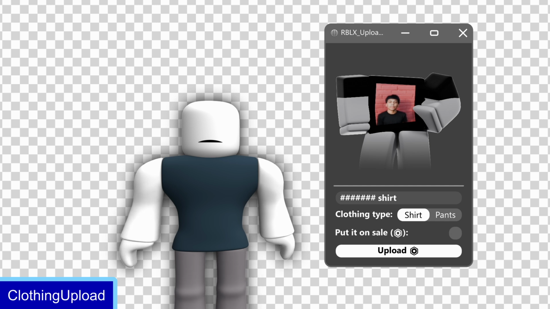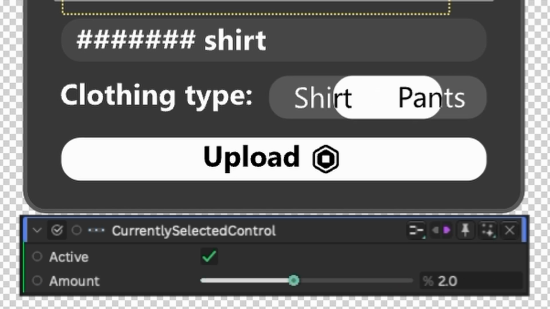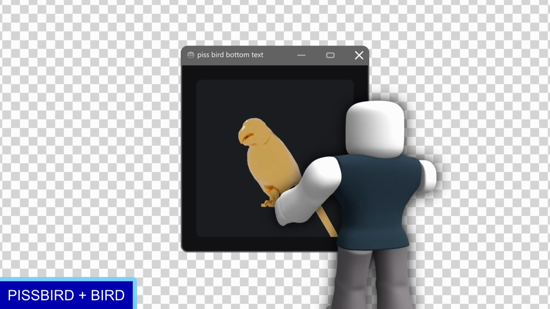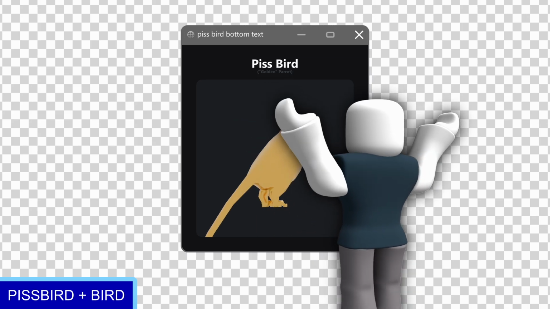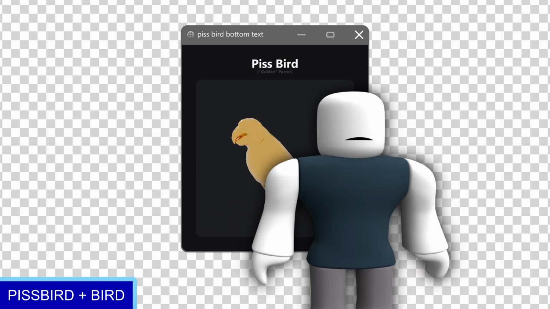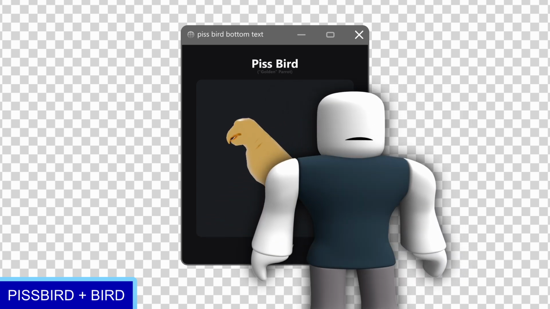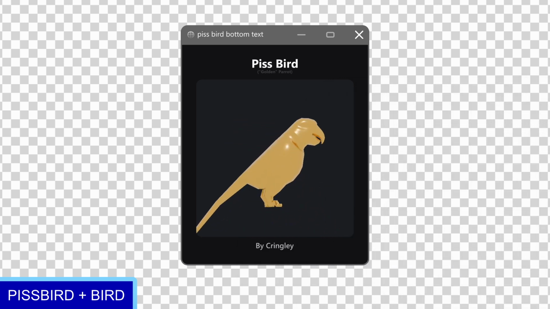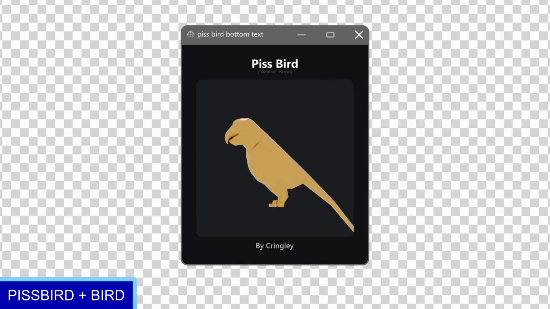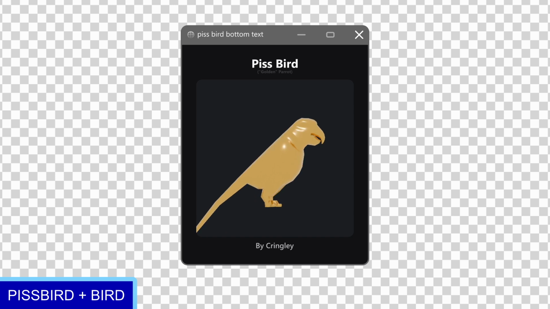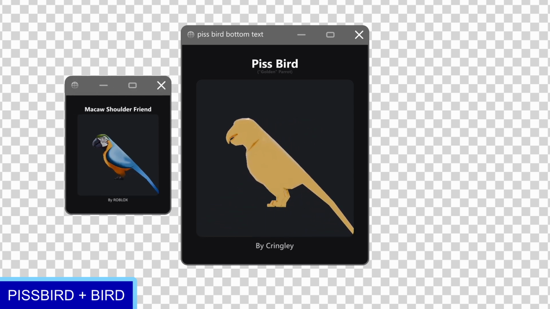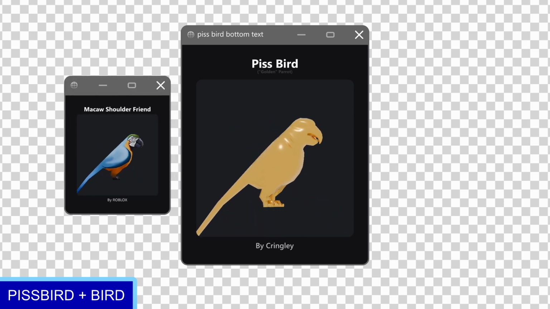Like, this window was only used once in the video. Why did I make a slider for changing between item types? What the fuck? Piss bird, piss bird, piss bird. Sorry. This was basically one of the problems with UGC catalog that I decided to start the first chapter with. And it's a problem with shitty re-uploads. It was paired with another window showing what this piss bird is based on.